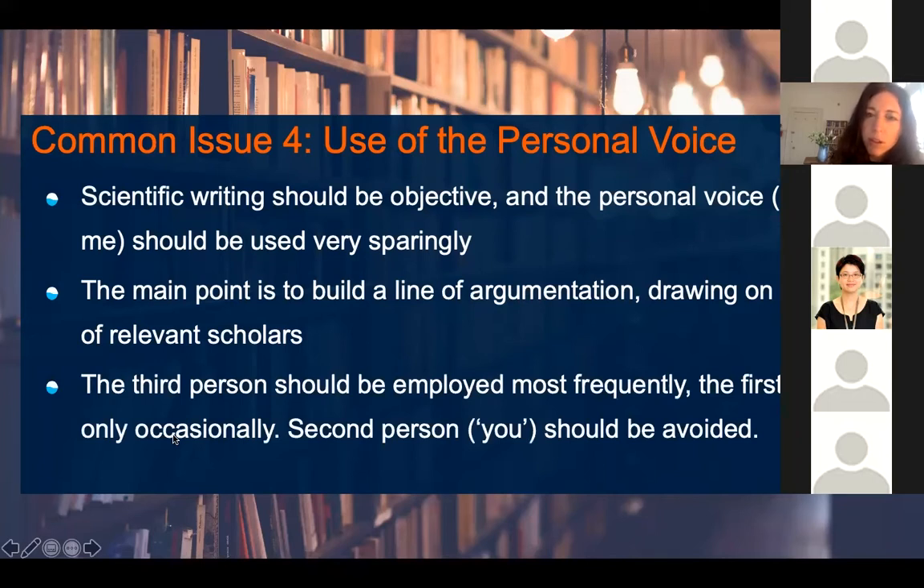Third person, like he, her, she, should be employed most frequently. The first person only occasionally. So you can use I, me, my very sparingly. I have to emphasize this point. Second person you is generally avoided in academic writing. It sounds quite accusing, saying, you did this, you did that. You can use first person very sparingly, as I say, but most things are kept quite objective,